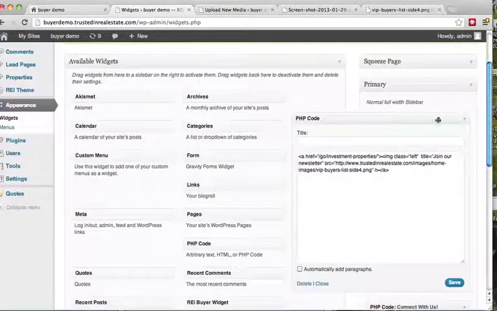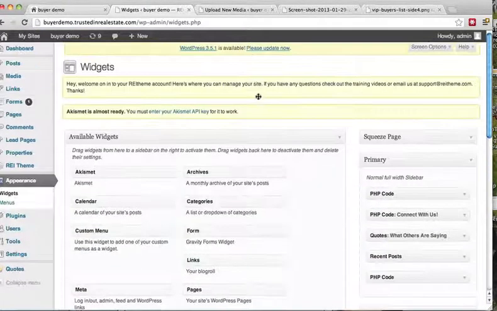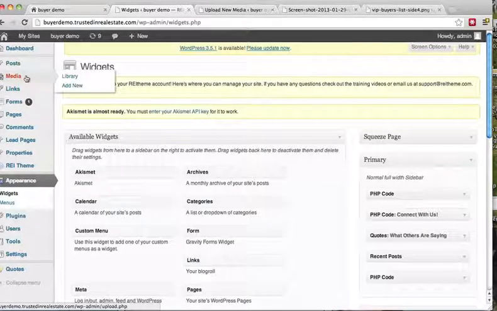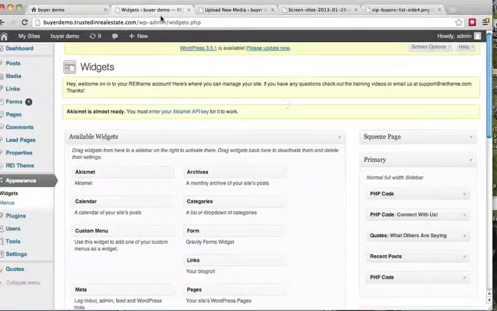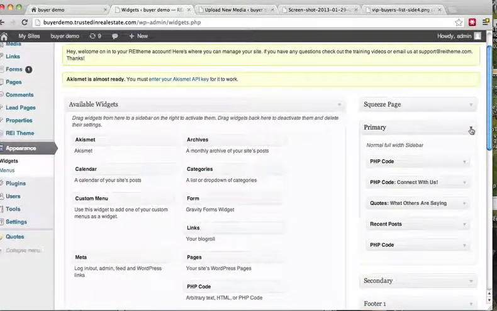So quickly recapping the steps: log in, go to the media, add new section, upload the image that you want to go in there so it's on the server. If you already have that image uploaded somewhere online, grab the URL to that image, and that's all that we need. So upload it to the server. Scroll down once it's uploaded, grab the file URL, go to the widgets section, open up the primary area,